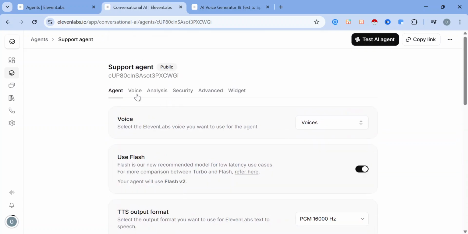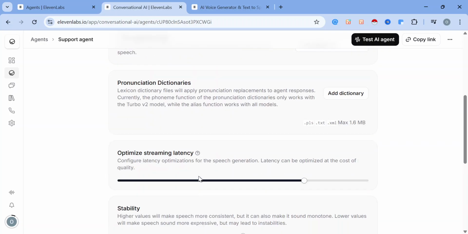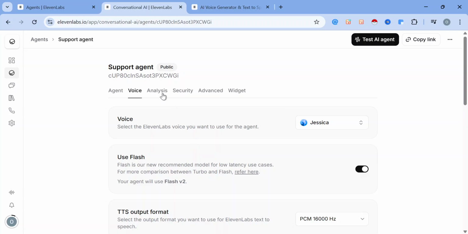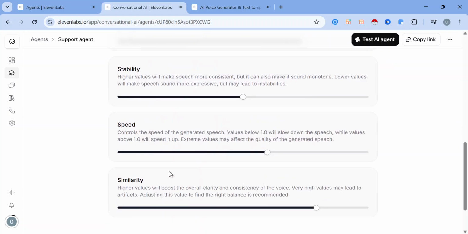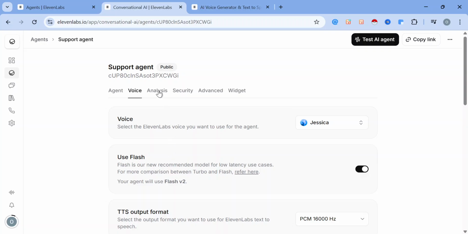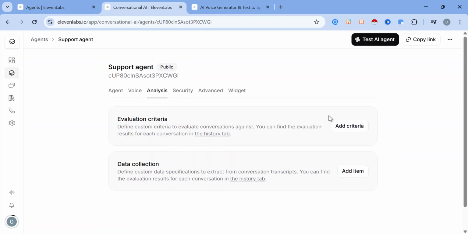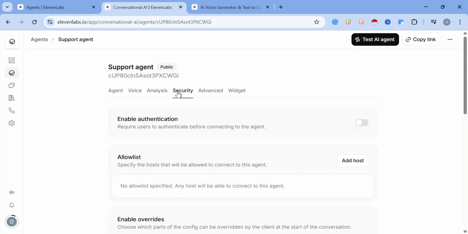The next option is the voice. You can also change the voice here. Let's assume you are not comfortable with the voice that 11 Labs have provided you with. You can choose the voice of your liking here. You can also just scroll down to make sure the voice is of good stability and speed. You can choose the analysis section where you can change the criteria or add more. You can also add security,